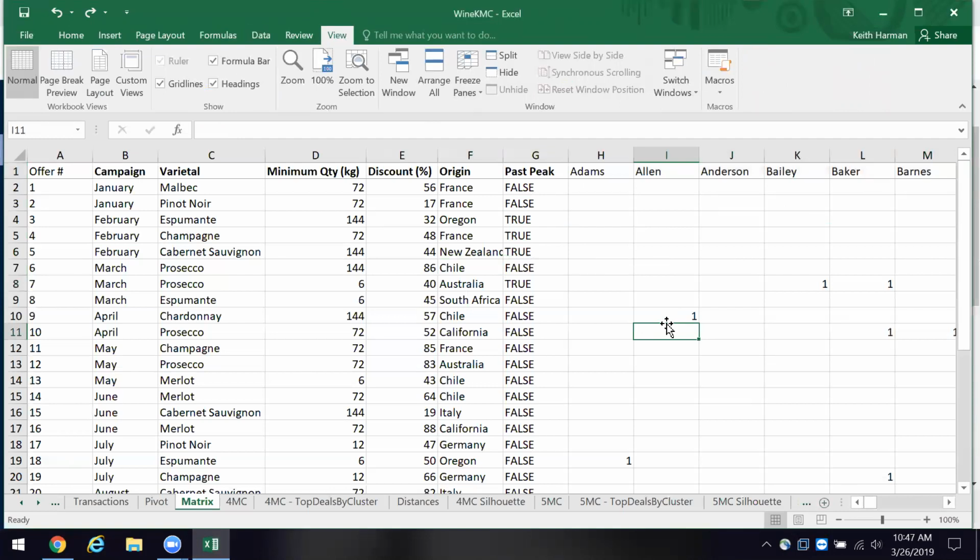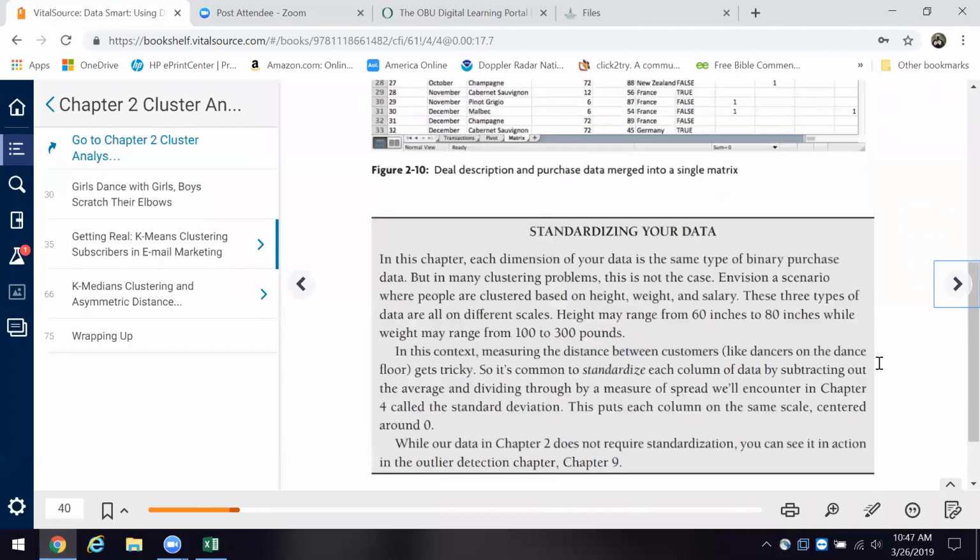So we want to get back over to the design view, but it's pretty much given to us here as we look. We've got this whole matrix of everything that everybody purchased. Okay. Now, the narrative in the text, right below showing us this single matrix,